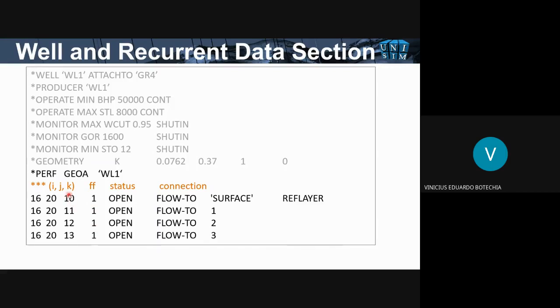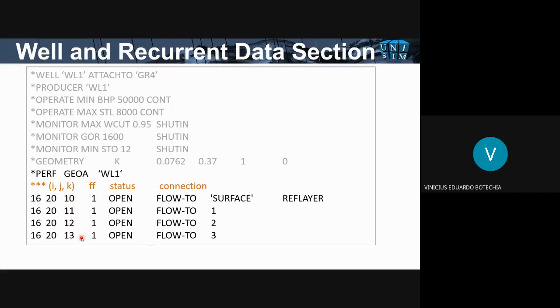But first of all, you need to declare the position of the well, right? So the first column is the I direction, the second column the J direction, the third column the K direction, the vertical direction. So in this example, we have a vertical well that was defined by the letter K here, that has 4 layers, and is completed in this block, in the IJ, and in these layers, right?